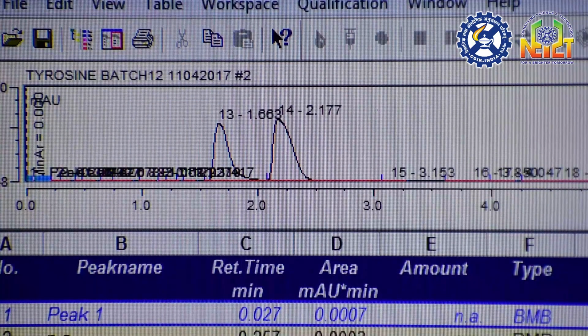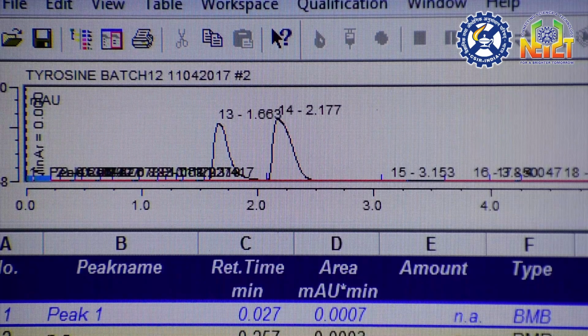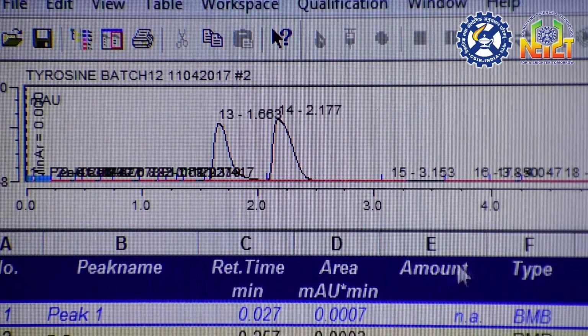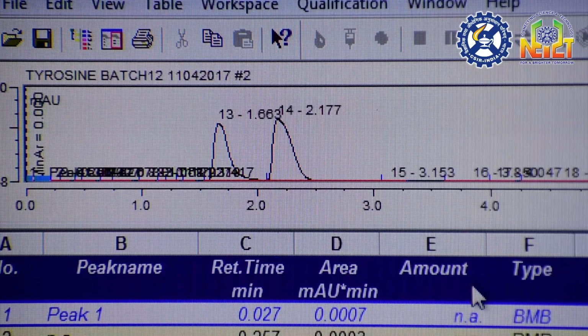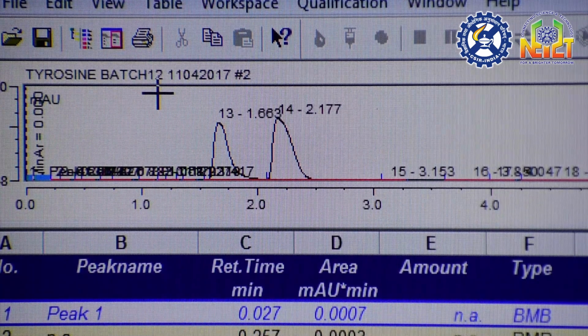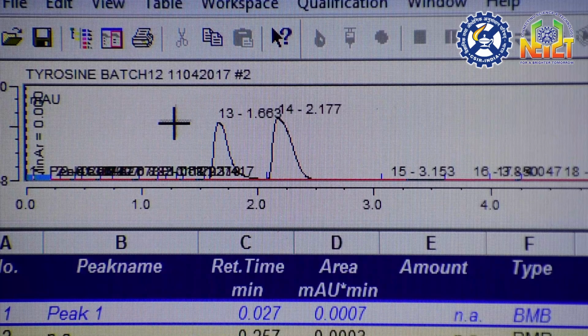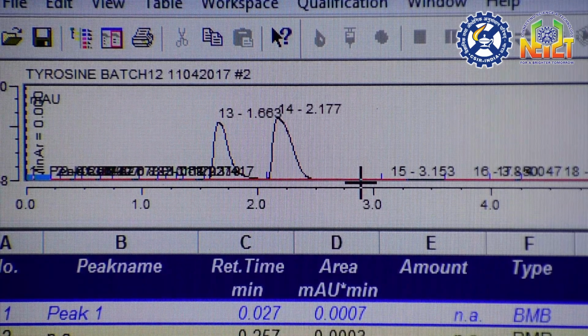We took the standard sample as DL tyrosine, and here we observe two different peaks, one at a retention time of 1.663 and the other at a retention time of 2.177. So it is proved that the sample that we took contains two types of isomers in the racemic mixture.